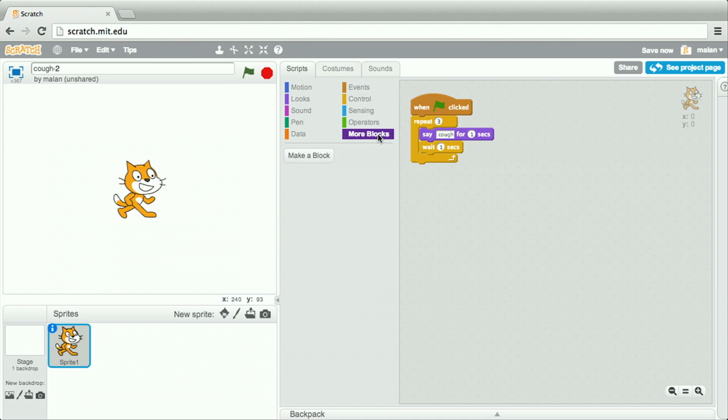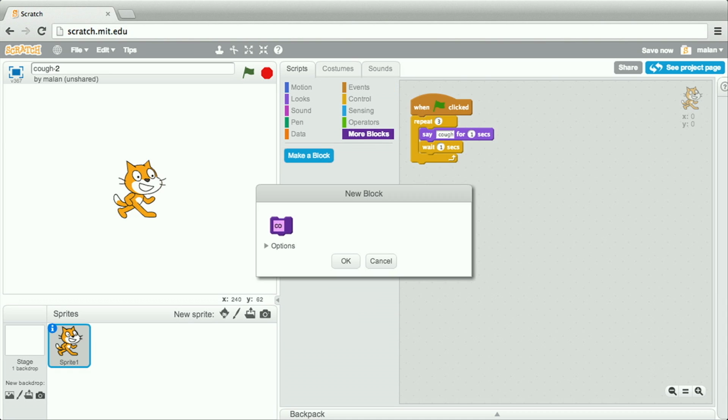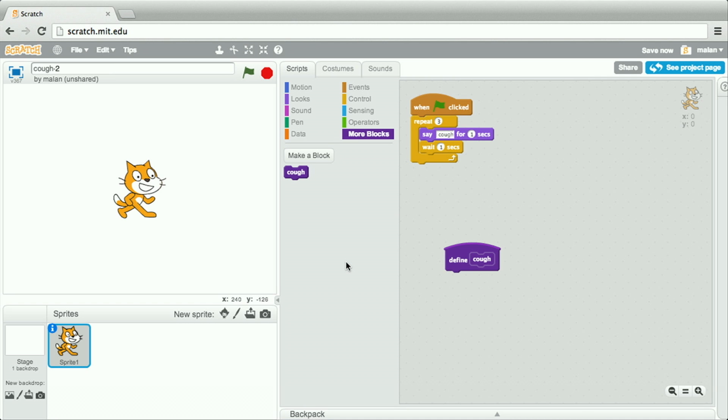So this program's in pretty good shape, but wouldn't it have been nice if there were a cough puzzle piece that we could have used right out of the box? Well, we can actually create that puzzle piece ourselves. Let's go to the More Blocks palette, click Make a Block, give this new block a name of cough, and click OK. And notice that Scratch has now provided us with the starting point via which we can make our